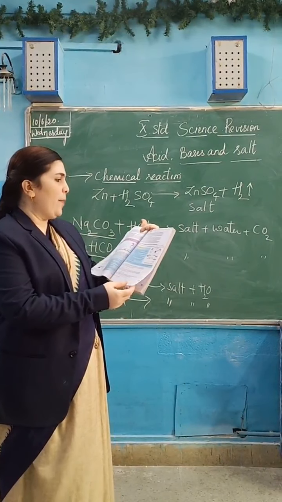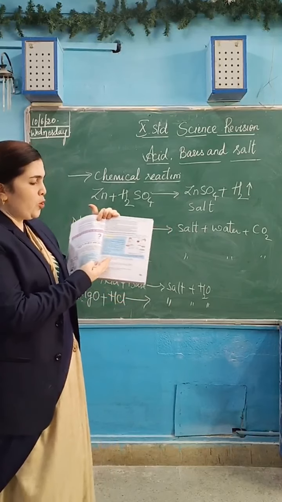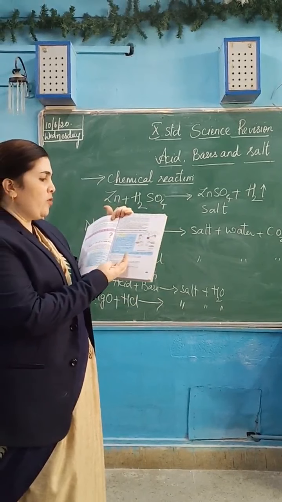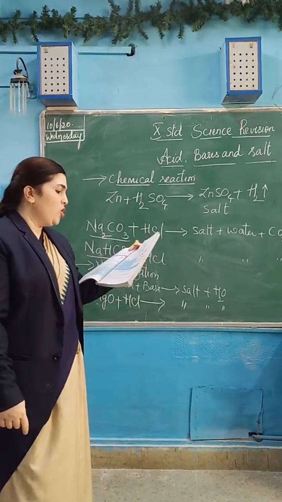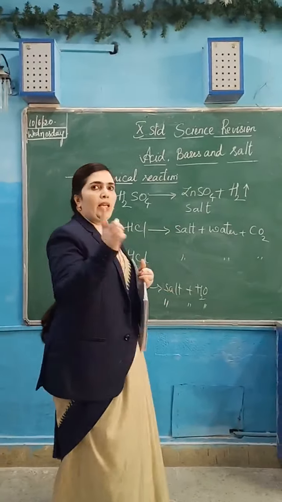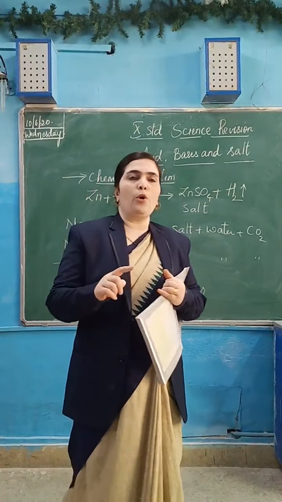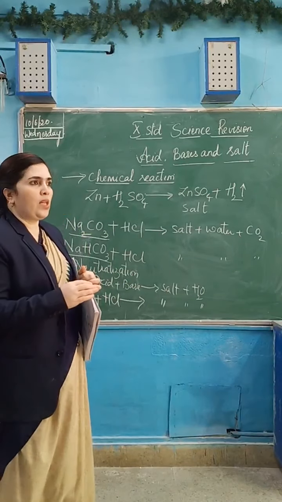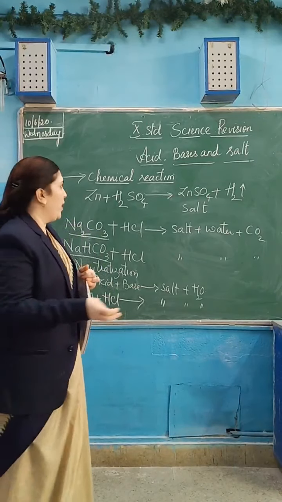And you can see here what happens to an acid or a base in water solution. What type of ions are produced? Please go through this. The separation of hydrogen ions from HCl molecules cannot occur in the absence of water. So hydrogen ions cannot exist freely. When you are dissolving acid in water, what happens to the acid molecules? Acid molecules will get separated. They get dissociated. Dissociation means formation of ions.